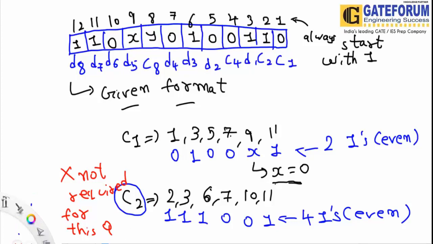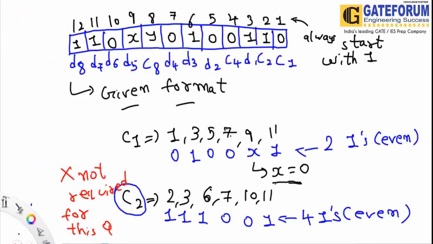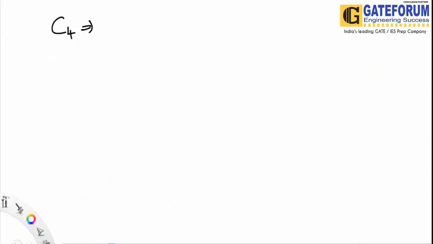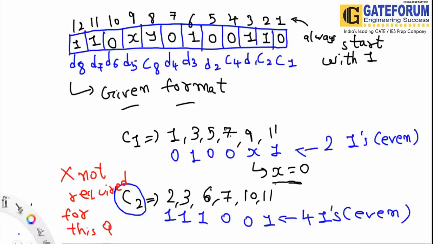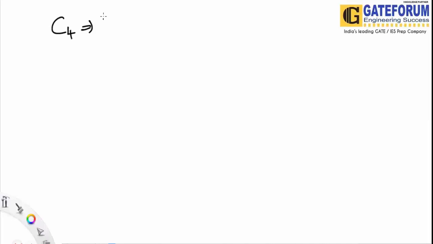Similarly, if you look at C4, I'm just writing on a new page. We are creating notes on each and every page. You will also get these notes for understanding purposes. Okay, but try to understand. So if you write for C4, it takes into consideration 4, 5, 6, 7, then 8, 9, 10, 11 would be gone, and then 12.